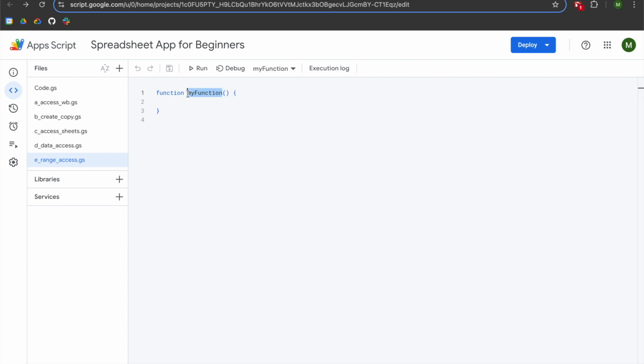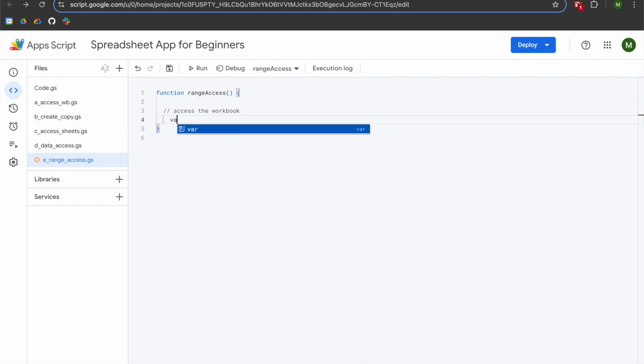We'll change the name of our function to rangeAccess, with a capital A. We will save our project and then go to line 2 and hit enter. We'll add 2 slashes for a comment, and we will begin by accessing the workbook. We're going to hit enter and tab, and we're going to declare a variable that is set to SpreadsheetApp